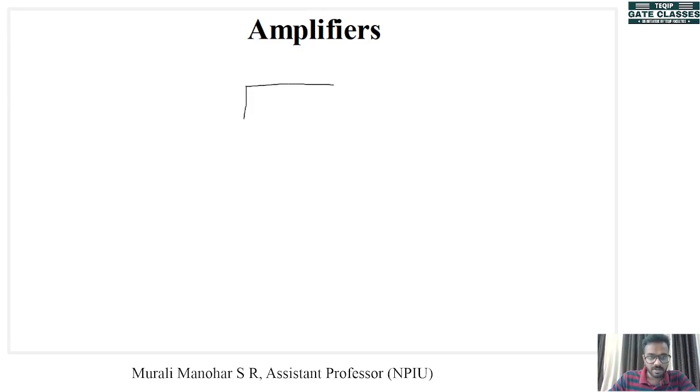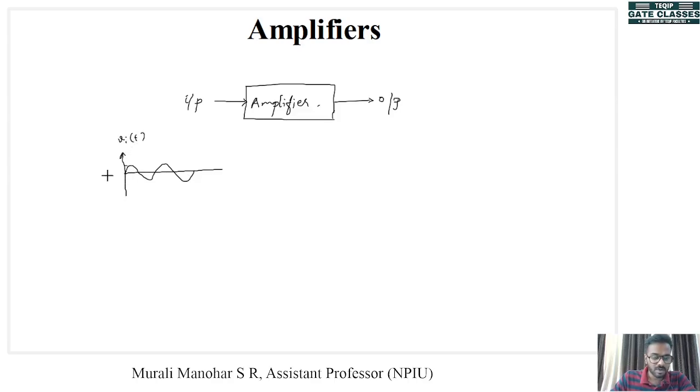So our amplifier will look like this, just using a box to represent that. This is our amplifier, and here we have our input, and here we have our output, right? Let's say this is our input. I'm using sinusoidal signals for analysis. So this is our input signal. Let's say it has a magnitude of Vi.